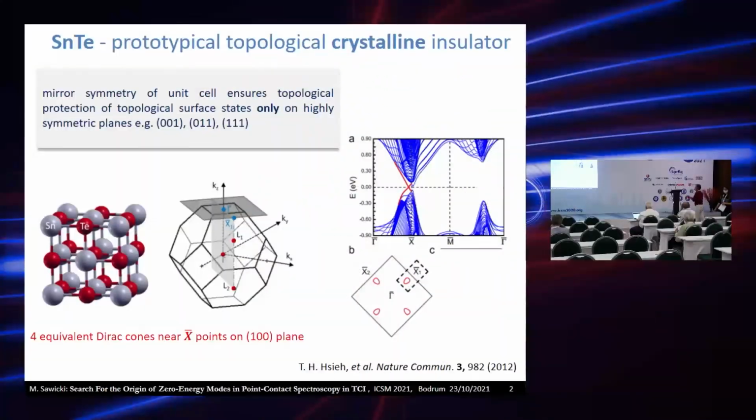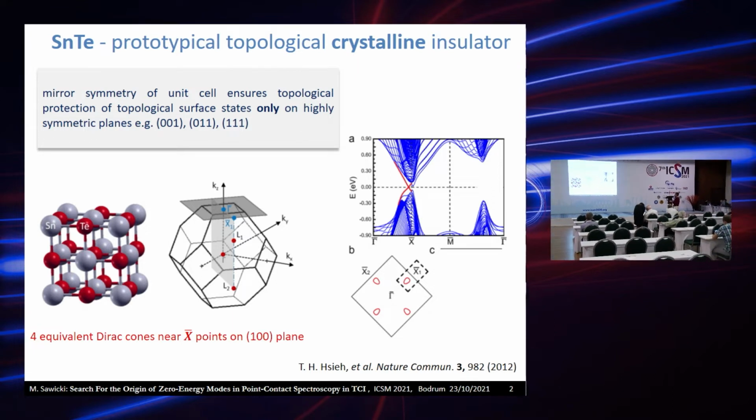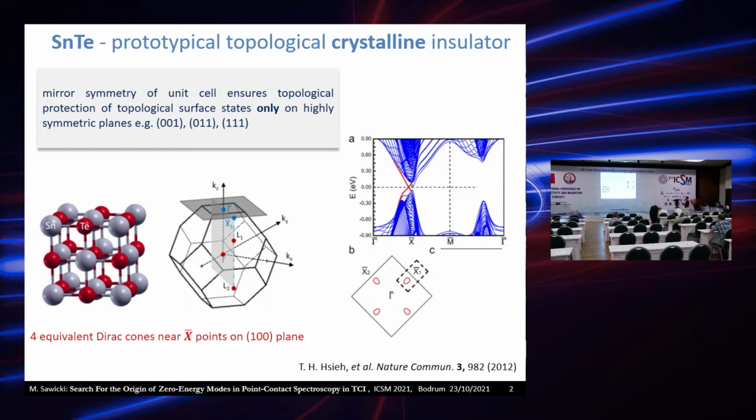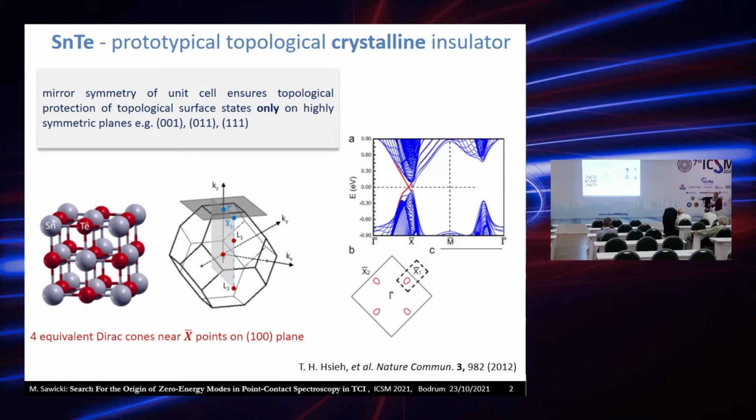Tin telluride is a canonical, now, topological crystalline insulating material, and in these TCI materials, it is actually the symmetry of the unit cell that ensures topological protection. However, this protection is maintained only on highly symmetric planes. So it can be 001, 011, and 111. Tin telluride crystallizes in rock salt structure, and actually what is very important, it has got many relatives, so we